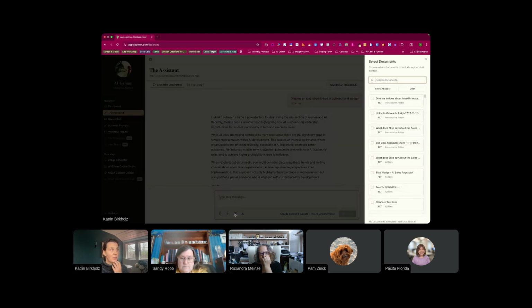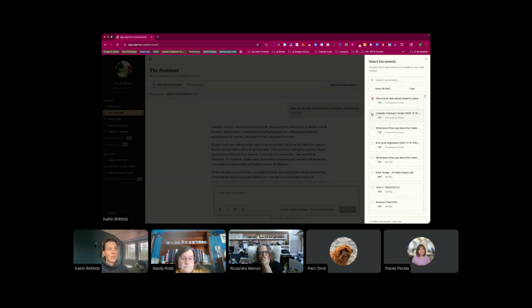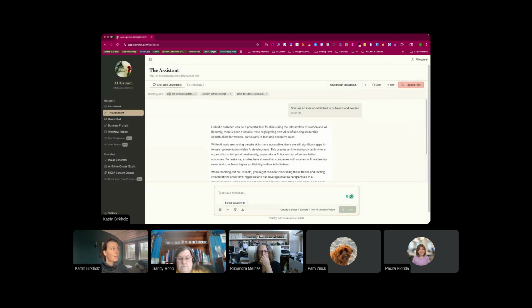You can filter by document. So if you don't want it to go through all of your documents, let's say you have 1,000, 2,000 documents in there, and you want to actually work just with a subset of documents, you can search for the documents and then check them. Then just click outside here, and then you will just talk to those 3 documents back and forth. So this one is really meant for when you need to dive in and you just need to,